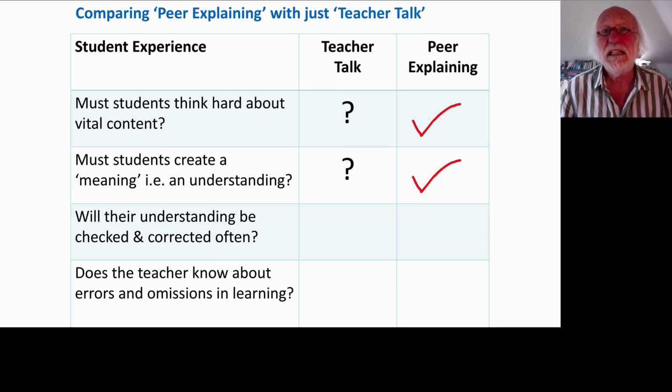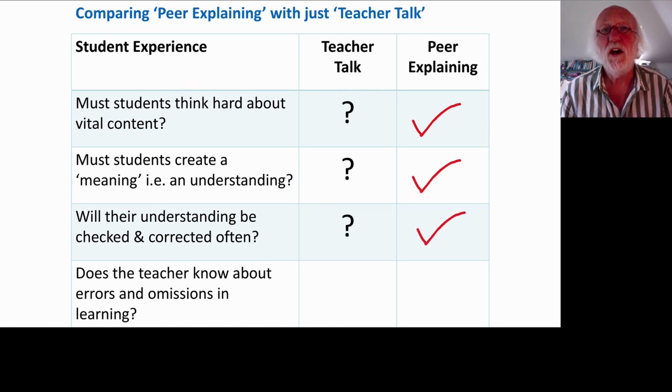Will their understanding be checked and corrected often? Well, not with pure teacher talk. Even if you use questioning, it is unlikely to involve every student. But in peer explaining, each student has to check their own notes. They get a check from their peer after they have explained, and they get a check and correct of their understanding when they self-assess against your key points. That's 3 checks. They should have stock taking about right after that. So,